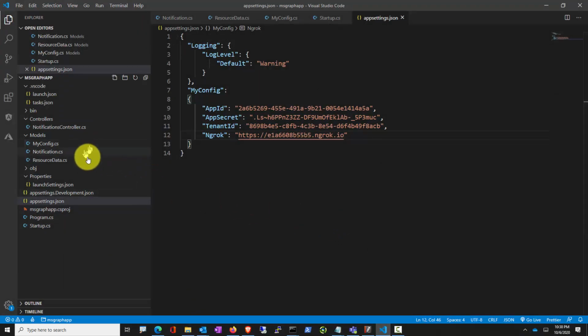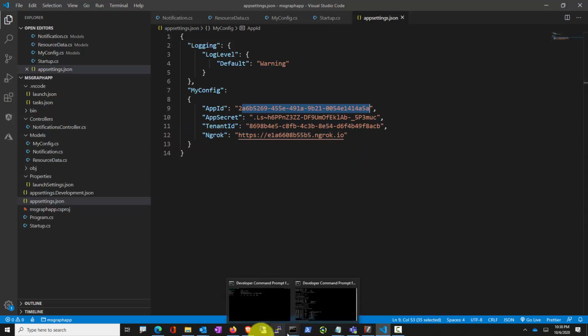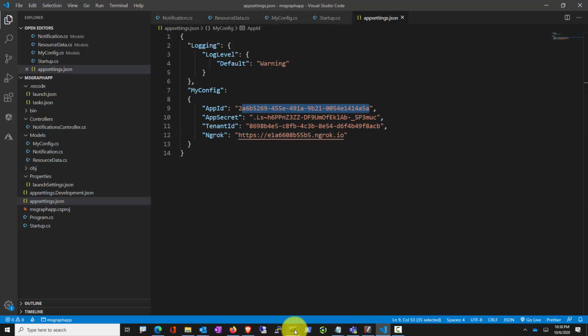I'm going to set up my configuration. It contains my app ID and my app secret. If you recall from the previous lab exercise, we have granted User.Read.All to this application. There is an app ID for this lab for a given tenant. You also need an ngrok URL. You can download ngrok, and when you run it,